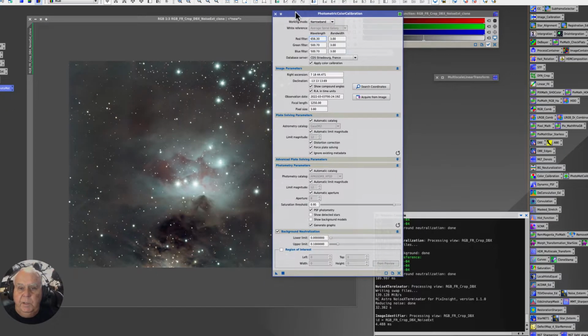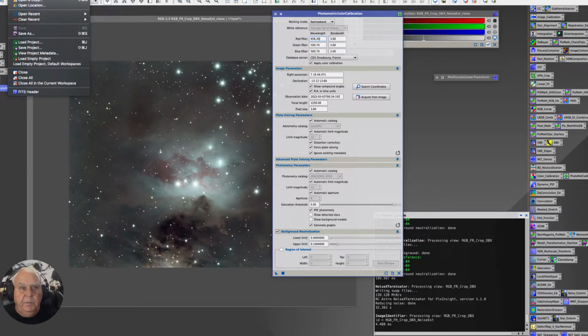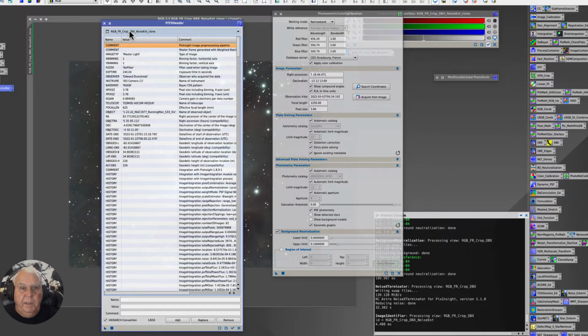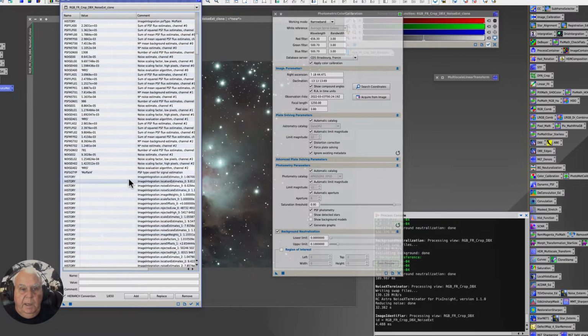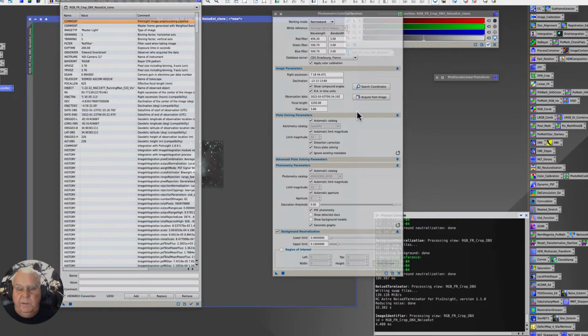And what I'm going to do is I want to acquire the focal length, the pixel size. I want all the information in the FITS header, the RA and the Dec, so that what this is going to do, this is going to run information that it gathers from my FITS header. If we go up to File, FITS header, then this information in this file right here is going to populate this photometric calibration process,